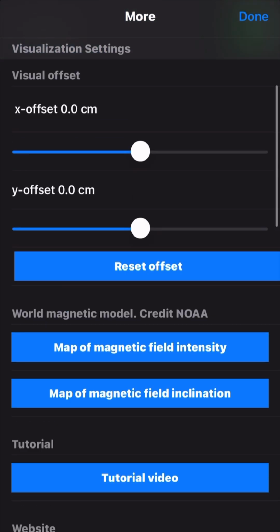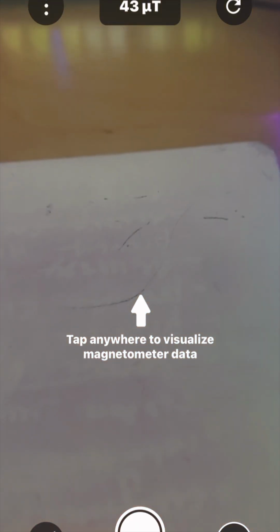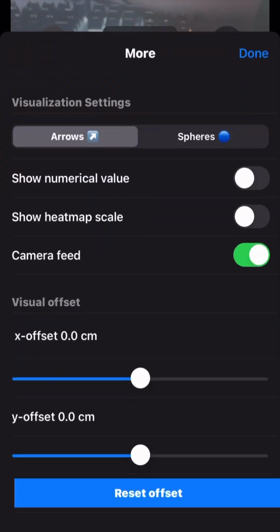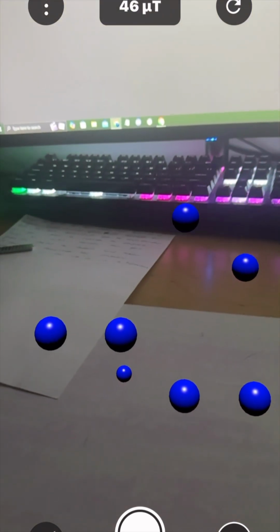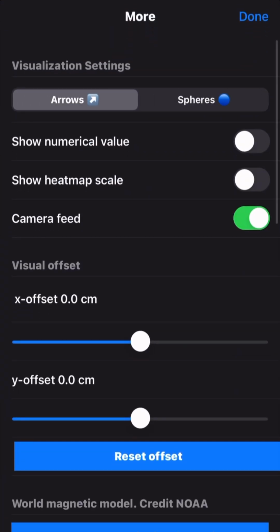And for the spheres, it's the same one. So for arrows, you can see if you press right here, it shows an arrow. If I reset it and I change it to spheres, then now it has spheres. But I'm pretty sure the arrows are much better because they actually show the direction that it's pointing in. And yeah, so let's change it back, reset it. Okay, so